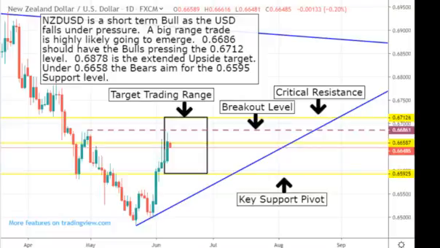I would like to see the market pull back towards the lower end of that target trading range box, and then I would think that you will see it bobble from that little area back up to where it is currently trading and maybe make a run at that purple line, which is our breakout level. That breakout level, once it hits there, it's just a little bit higher towards that 67.12 pivot. That would be the confirmation for a breakout,